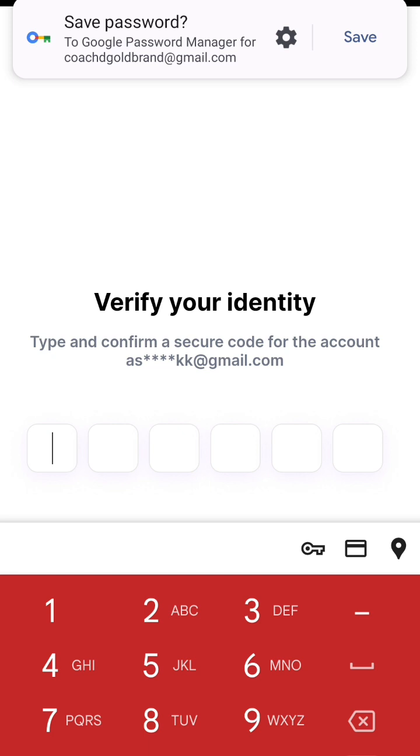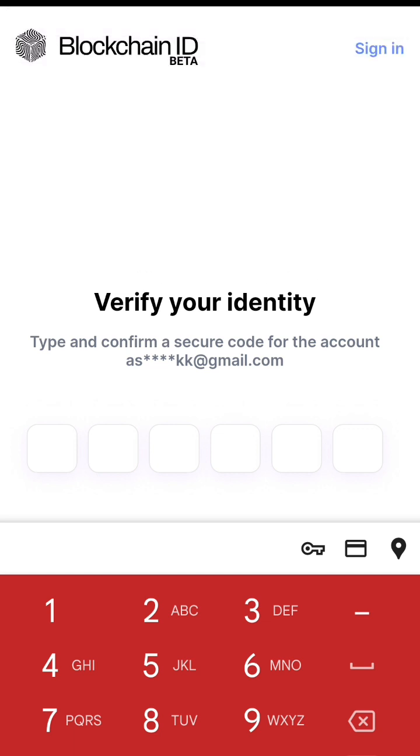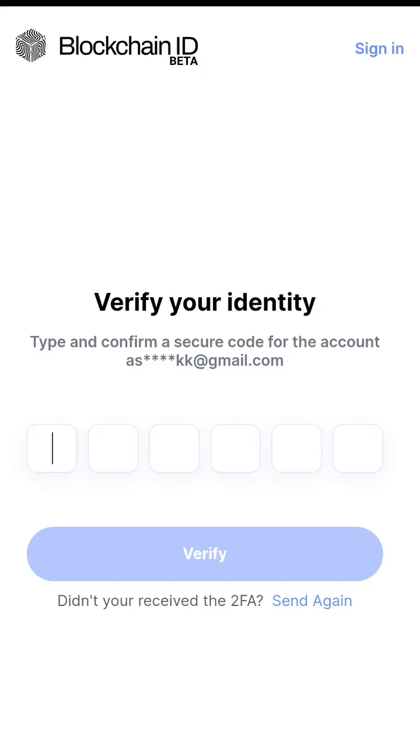So a mail will be sent to your Gmail. This Gmail is on my other phone. So my friends, the Gmail is here. So we will see our Gmail. There will be a 6-digit code, and we need to take it, because as we click on sign in, we need a verification. So a code has been sent to my Gmail.